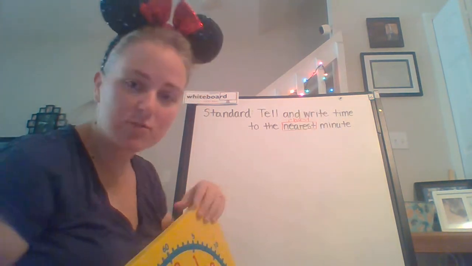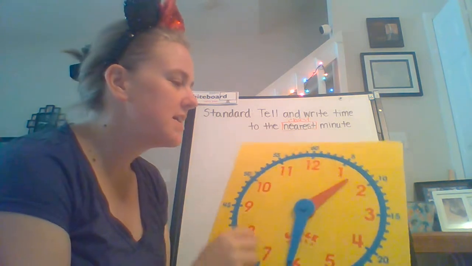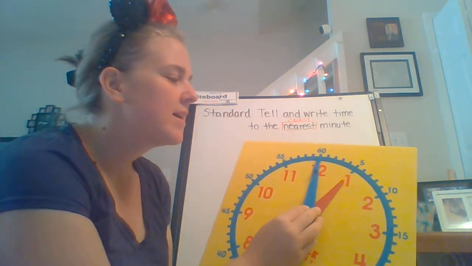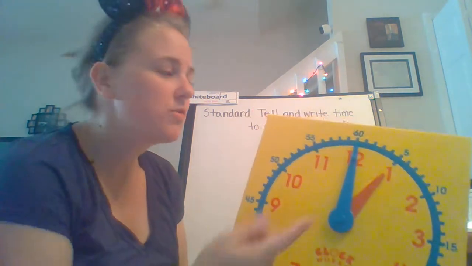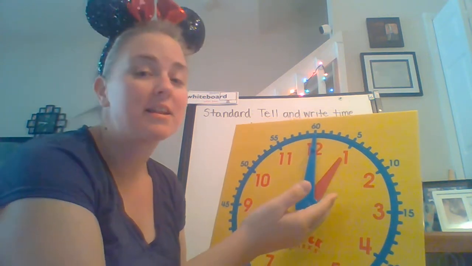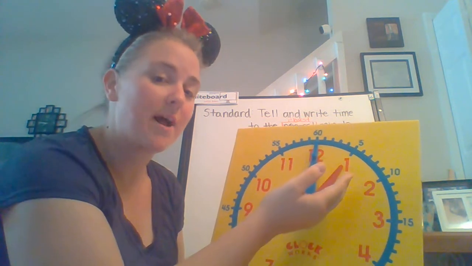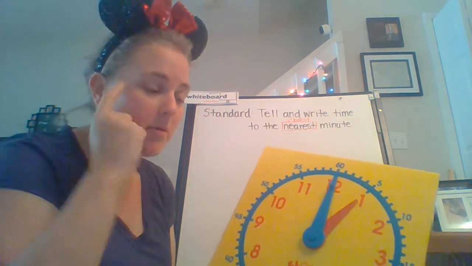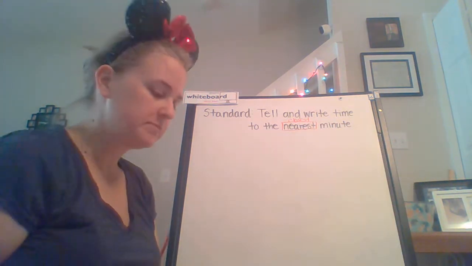Sometimes when I'm looking at the clock, it's really easy because it's right on the hour. So if I'm looking at my clock, I can easily say, oh, I know it's 1 o'clock. How do I know it's 1 o'clock? I see that the little hand is pointing at the 1. So I can remember the little hand